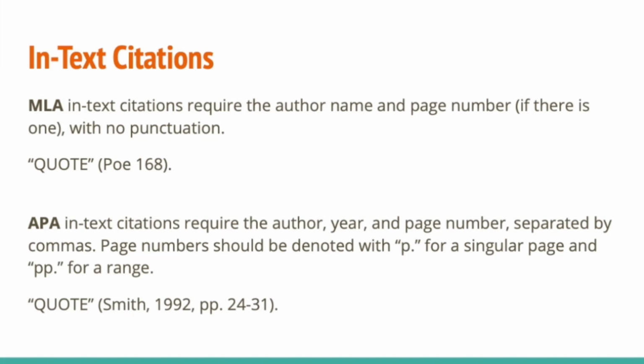MLA in-text citations require the author name and page number, if there is one, with no punctuation within the parentheses, whereas APA in-text citations require author, year, and page number separated by commas within the parentheses. And if you're including page numbers, you should have p. or pp. to show a singular page or